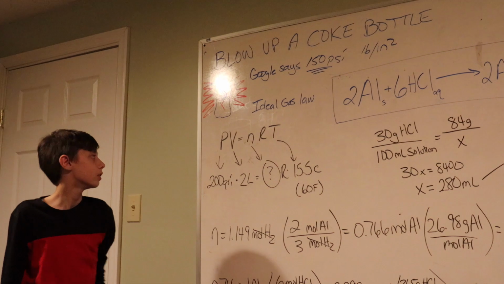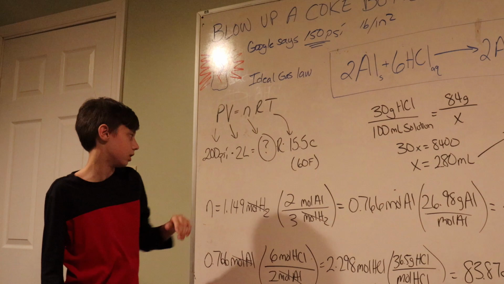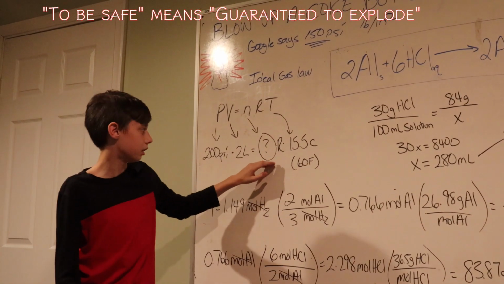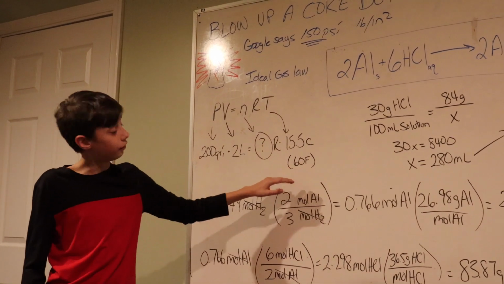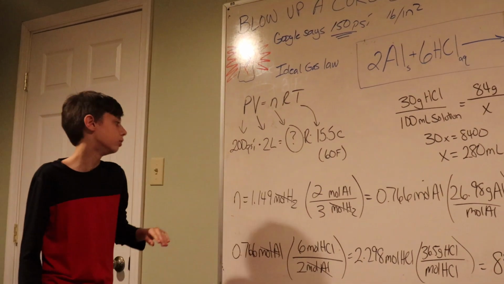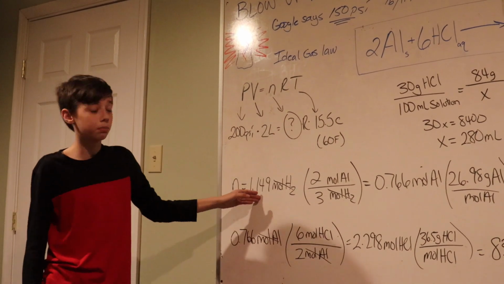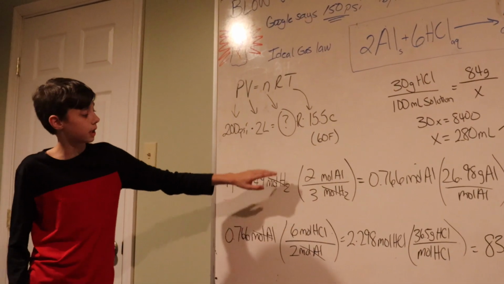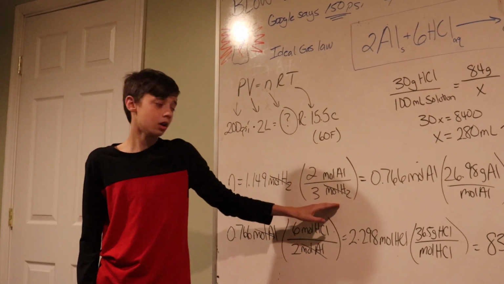law. So we have 200 pressure to be safe. Multiply that by the 2 liters. We're trying to find the number of moles, and then the temperature is 60 degrees Fahrenheit or 15.5 degrees Celsius. Once you solve that, you know that the amount of hydrogen you need to rupture a Coke bottle is 1.149 moles of hydrogen. So you multiply that by the stoichiometric ratio of 2 moles of aluminum per 3 moles of hydrogen, which equals